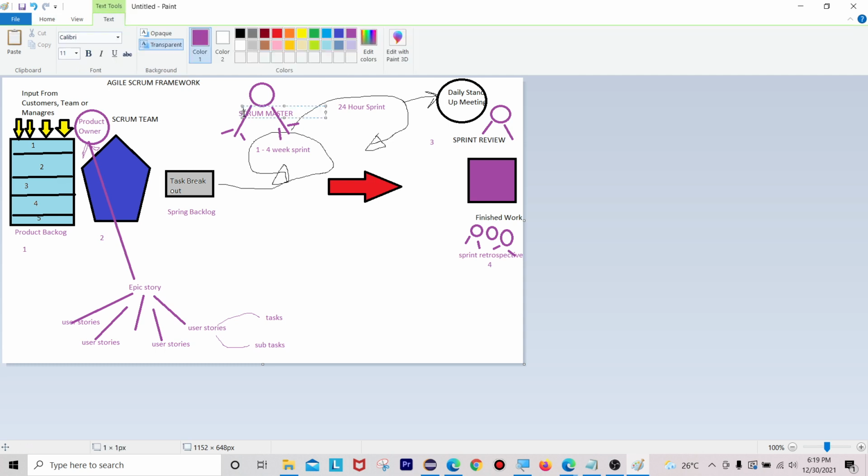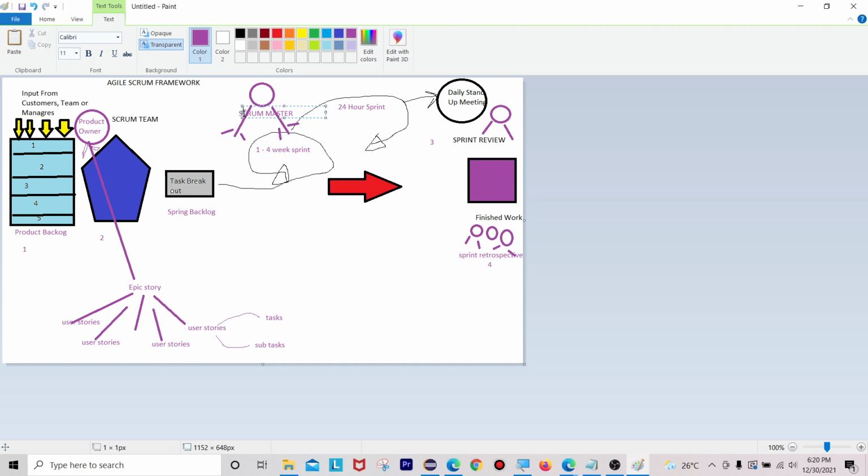So after that, we'll come to the scrum master here. Who is a scrum master? Scrum master coordinates the whole scrum process and team. Okay, the difference between product owner and scrum master: product owner, what I said is enough. Now scrum master. Scrum master coordinates the whole scrum process and the team, and scrum master is the lead of the scrum.